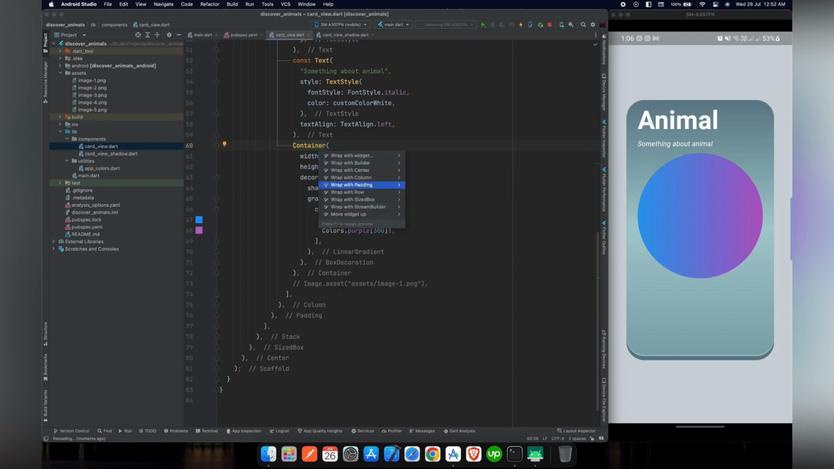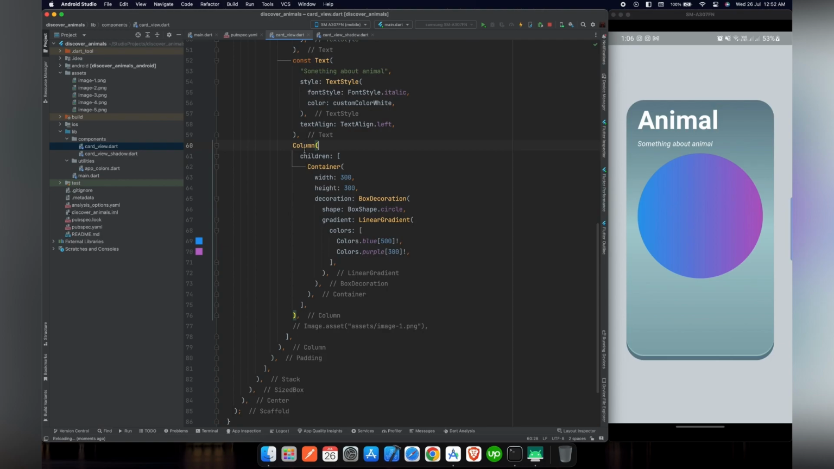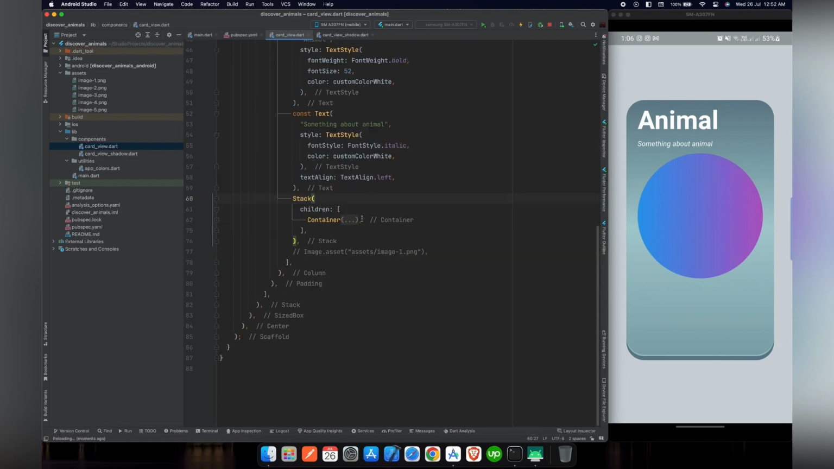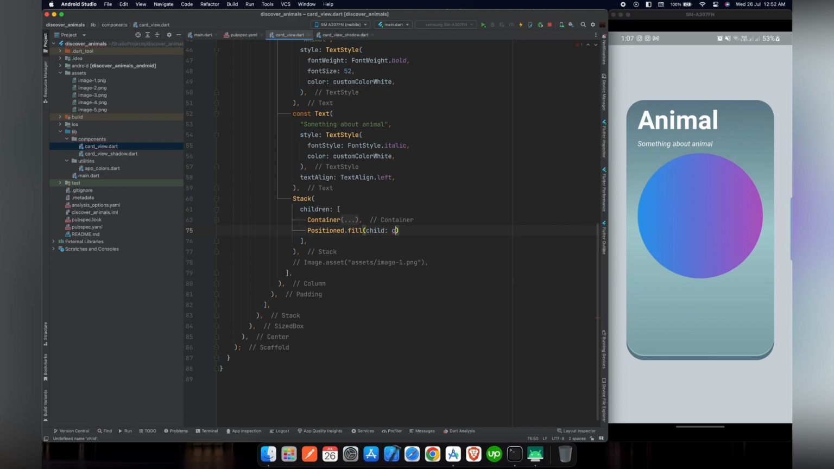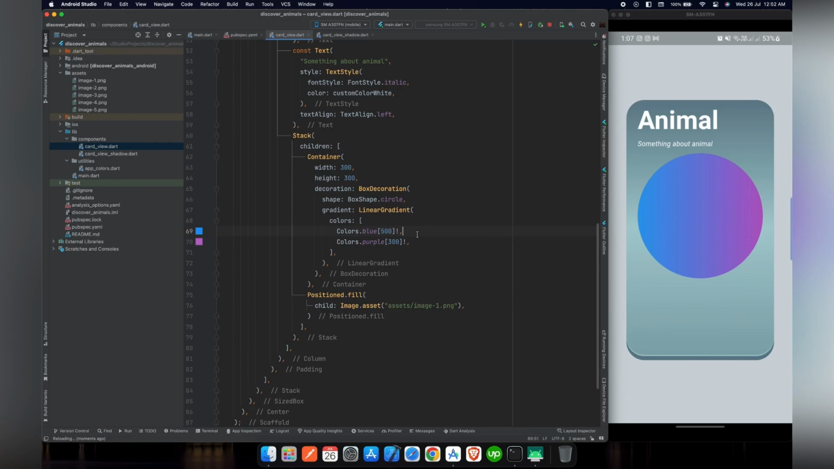inside the circle. Now what we need is to add an image in front of this circle. For that purpose, we will wrap this container inside a Column and rename it to Stack. As we want to fill the whole space in the Stack, we will use the widget Positioned.fill. And inside the Positioned.fill child widget, we will pass the same Image.asset widget with the same path of our asset image. And now if we reload our project, you can see that the picture is perfectly aligned inside